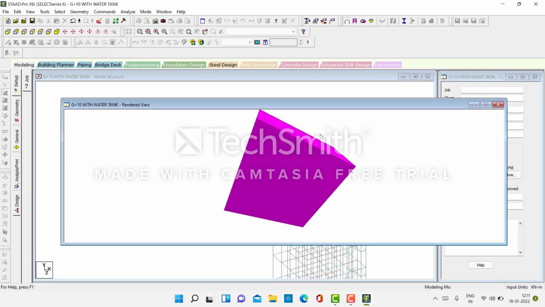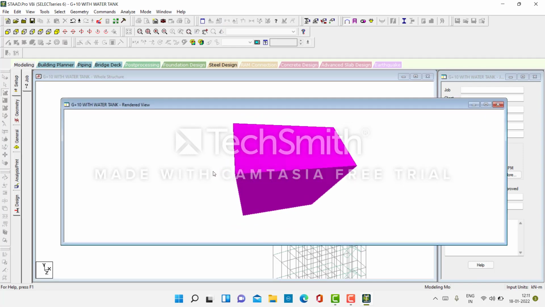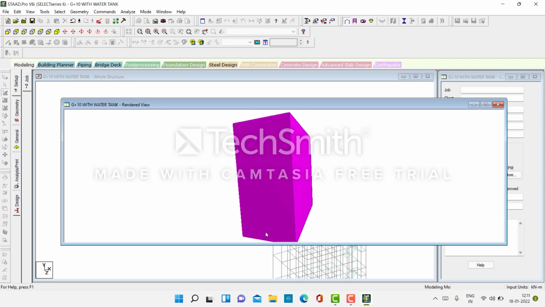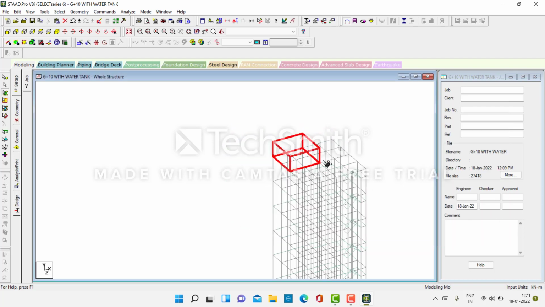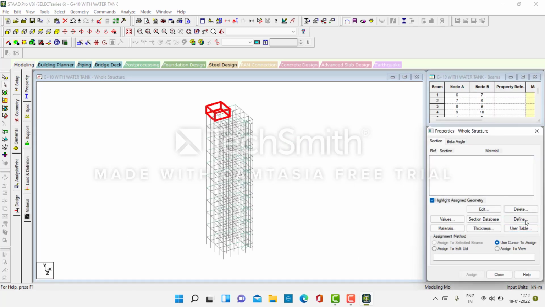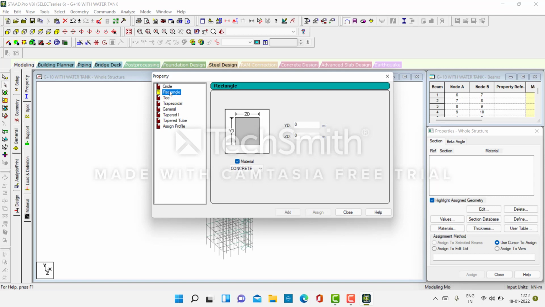We can see the tank. We completed the tank, and go back and go to the general and go to the define. Go to the rectangle. We are giving the sizes of the beams, beam and column size. This is the column size, and this is the beam size,